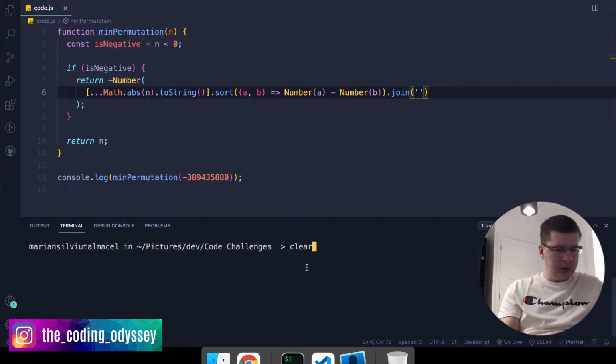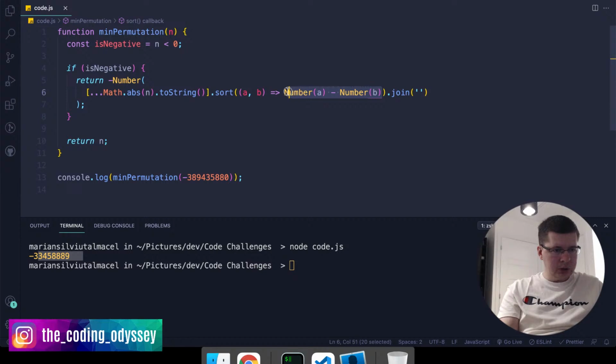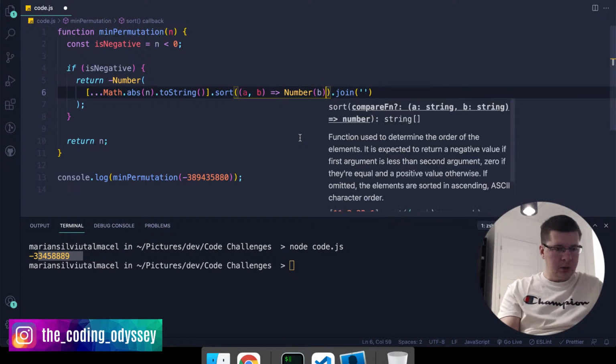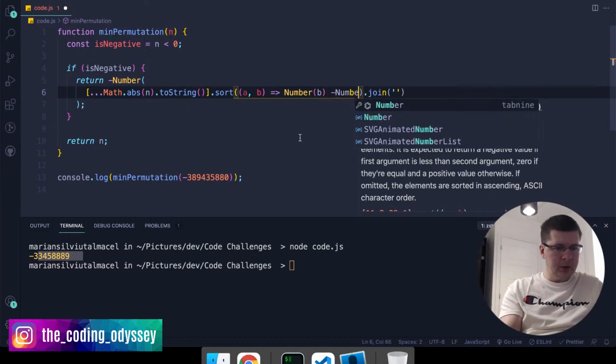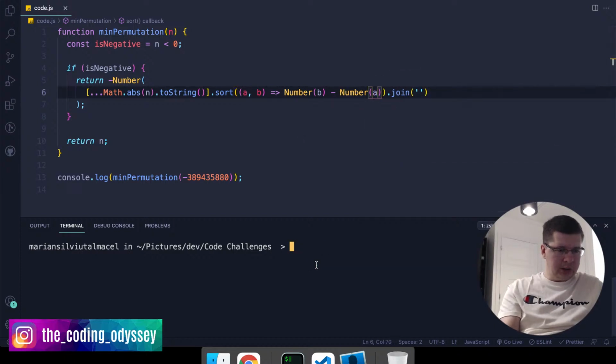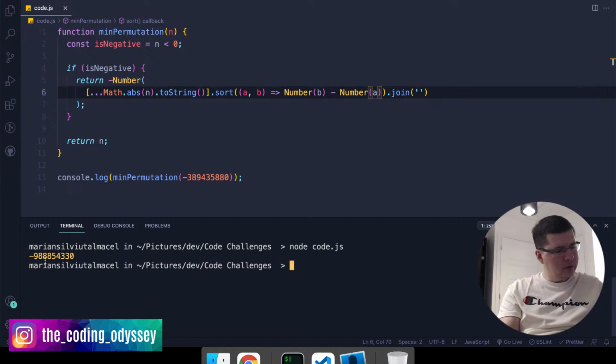So let's run this again. Oh, and it seems to be actually the other way around, because we want to order this in descending order, not ascending order. So it's actually number of b minus number of a. So we got the working version